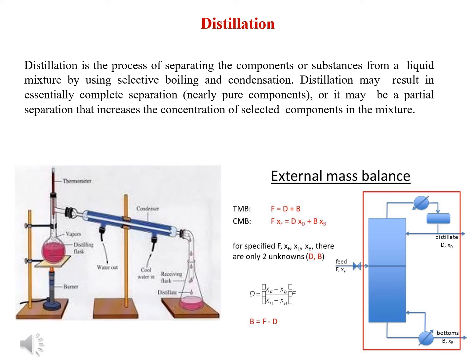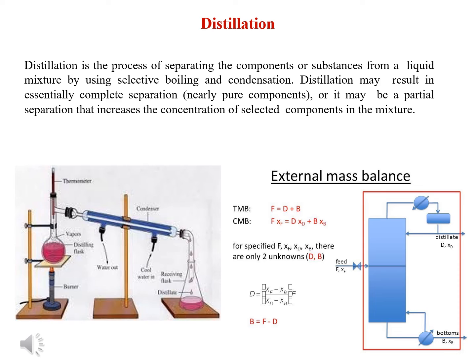So next we have to write the component material balance expression for this distillation with respect to component A. F into XF is the amount of material present in the feed mixture. The amount of component A present in the feed mixture is equal to the amount of component A present in the distillate, which is written as D into XD. D is the overall quantity of distillate, XD is the mole fraction of component A in the distillate, plus